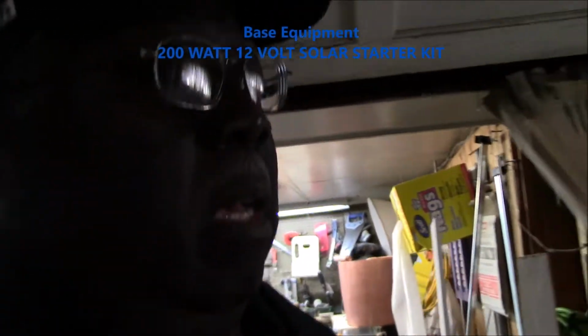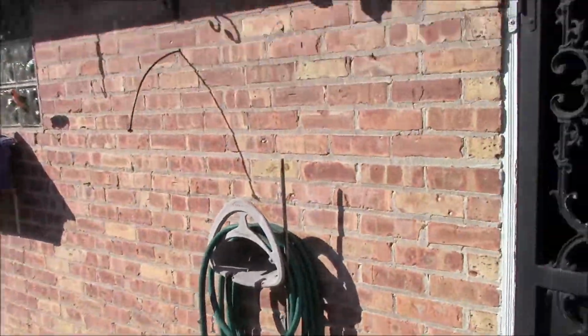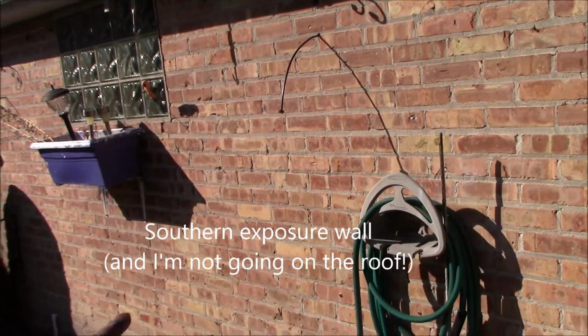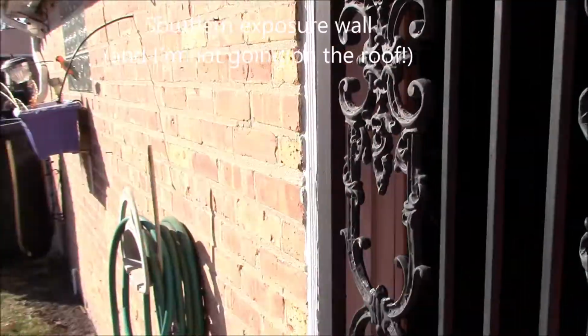What I'm going to do for my next project is a solar installation. That's going to consist of solar panels that I'm going to mount, I believe here on this wall, two 100 watt panels. I'm going to leave space on that side for two more just in case I need them. On the other side of this wall,